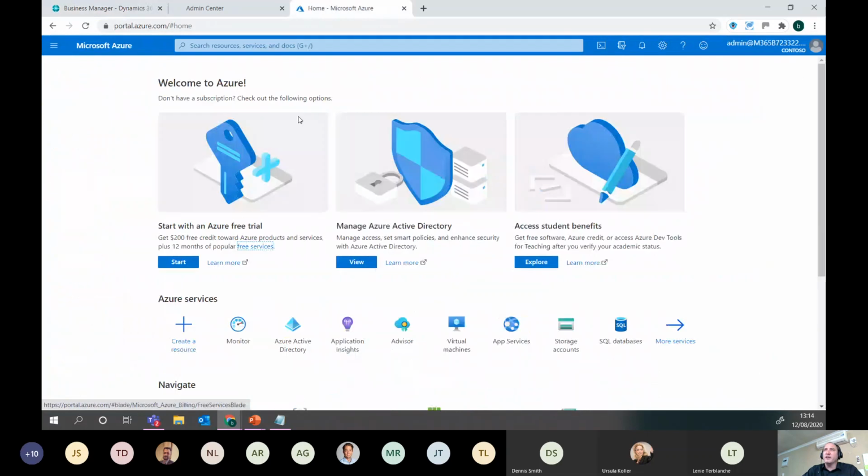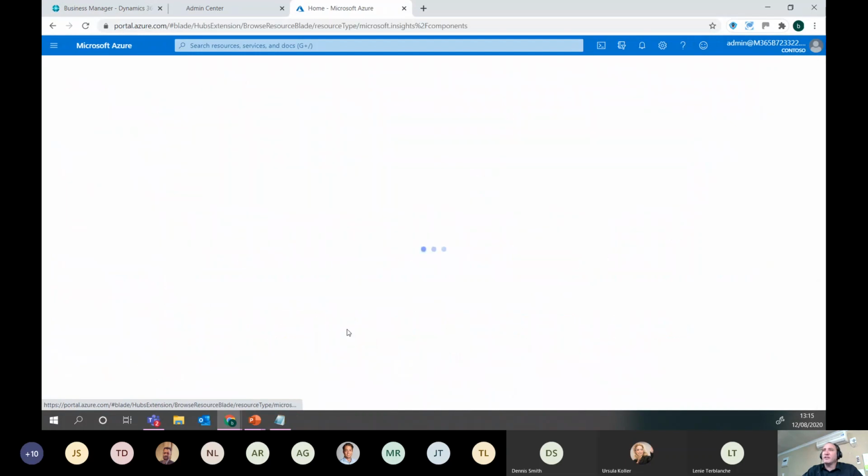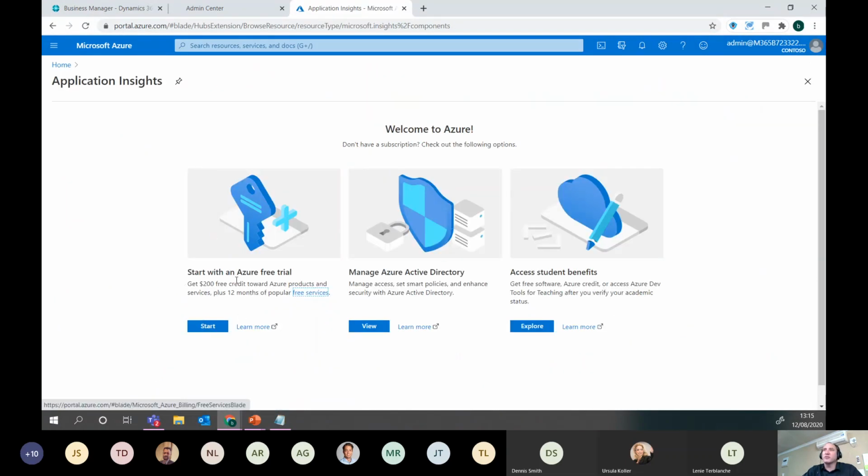If I go to the Azure subscription for this demo site and try to activate application insights, you will get a message saying that you're going to need a subscription. You're going to need to have at least an Azure free trial. For those of you that haven't worked with Azure, you can activate a free trial, etc. But you're going to need a subscription linked to